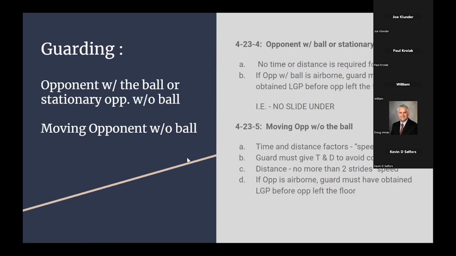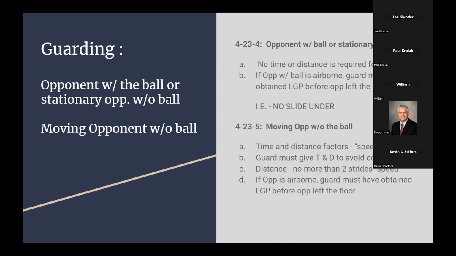So two situations to think of when we're looking at how they establish their legal guarding position. The first is an opponent with the ball or stationary without the ball. There's no time and distance required for legal guarding position. As long as we get the two feet down and torso facing, we're good. If the opponent with the ball is airborne, we must have done that before they left the floor, i.e. no slide under. Just because when the contact occurs it may look like the defender was set and established, if they're still sliding in while that opponent is already airborne, we would have a blocking foul